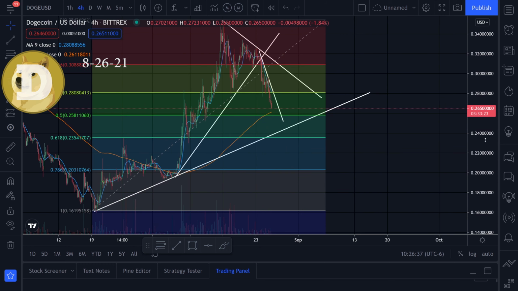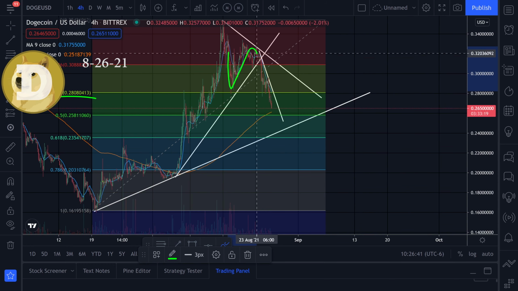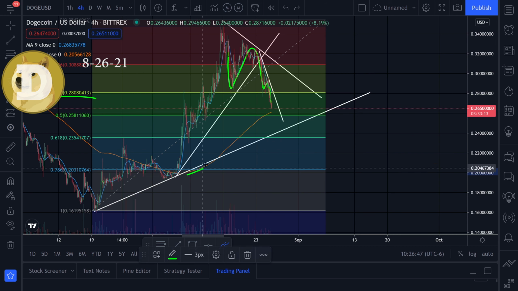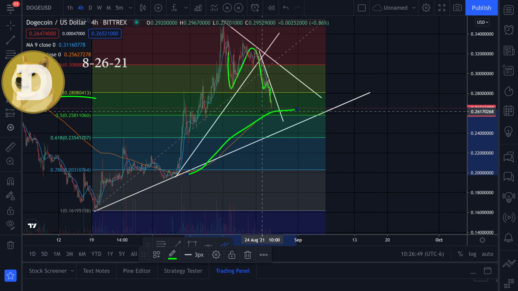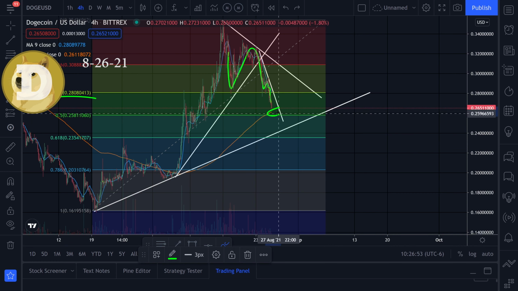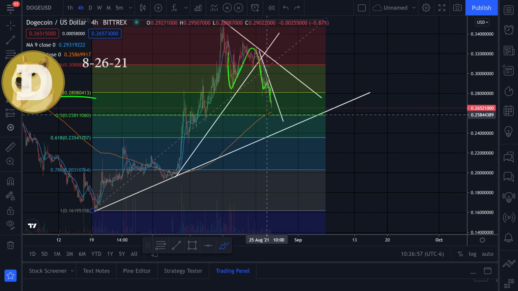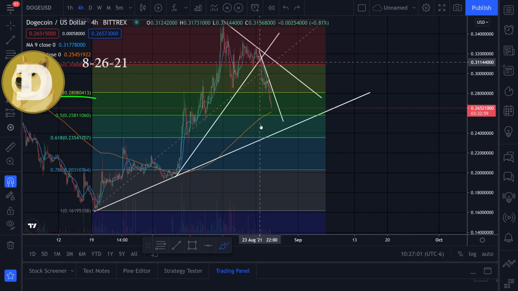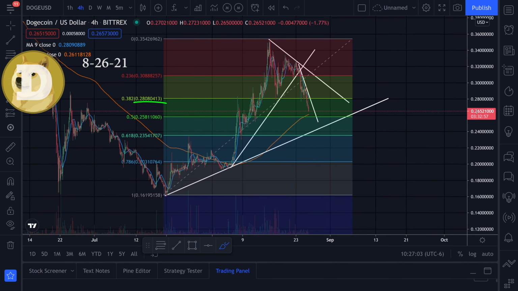So as you can see, when we go into the 38% level right here, we got support right there and then support right there and support right there. And then we broke below it. Now we're testing the 50% level. We have this 180 moving average right here at about 0.258. It's in that area. If it can hold support on 258, then this will tell me that I think I did the Fibonacci sequence wrong,